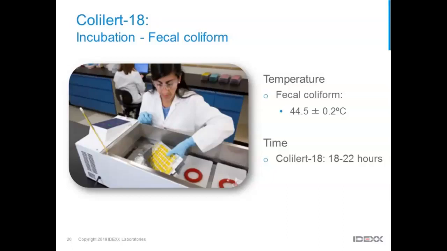And you can see in the image here, we also suggest using a water bath for fecal coliform testing. Water baths are able to maintain that tight temperature tolerance a lot more accurately than most air incubators can. So using a water bath will help ensure that the temperature is being maintained. With a quantity tray with Colilert-18 for fecal coliform testing, take the tray and submerge it completely below the surface of the water in the water bath. You want to weigh it down to make sure that during the 18 hours of incubation it remains weighed down. You can see in the picture there are some weighted rings, and these would be the more appropriate items used to weigh down the trays.